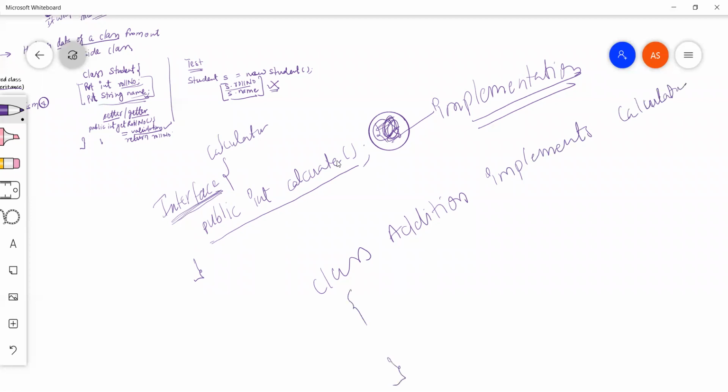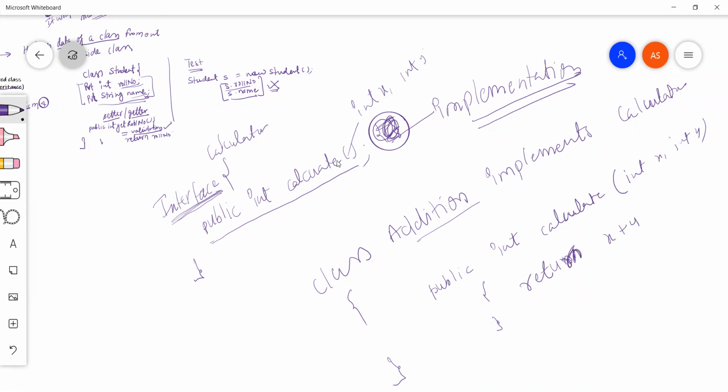In this class we need to override this method, public int calculate. Let's say here we have two parameters, int x and int y, which we'll be passing here. As the class name itself says, it would be addition, so let me just say return x plus y.